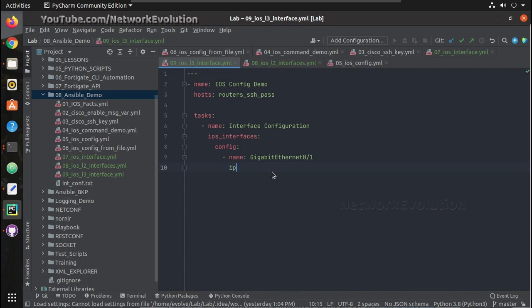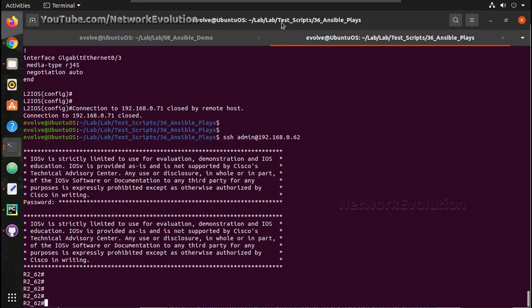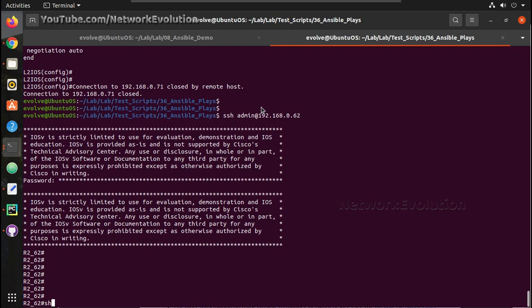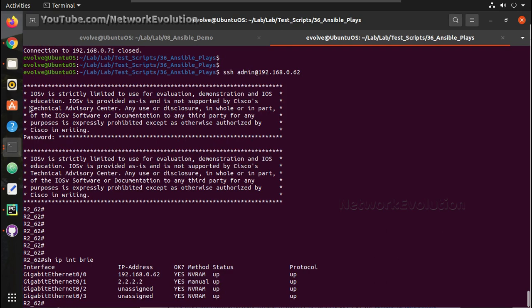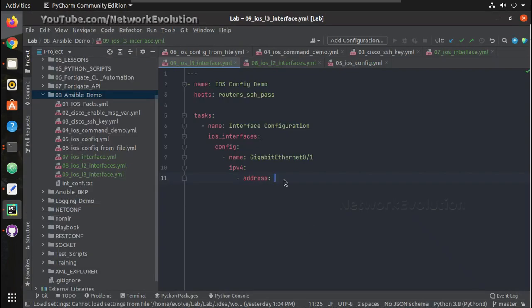So for that, IPv4, then under that address, and we'll verify the current address. It is 2.2, so we'll change this to 2.5.